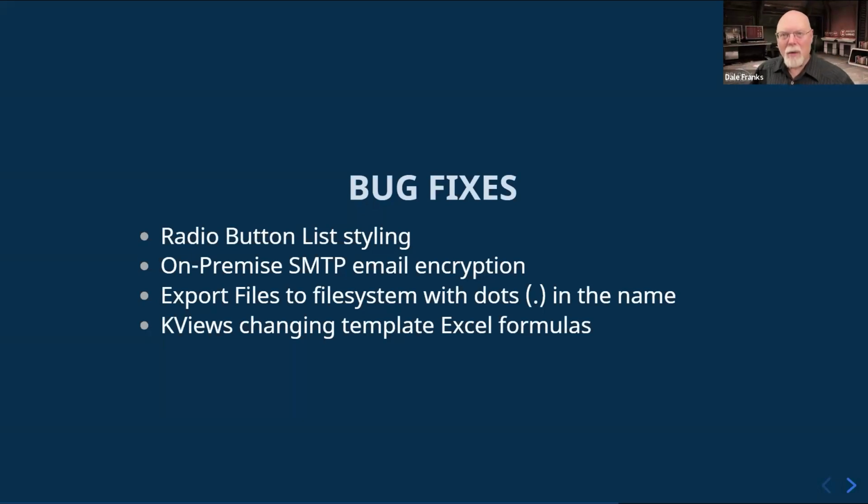However, your email server may not be set up that way. In this case, we had a customer whose email server was not set up to impose encryption. There's a checkbox in the SMTP environment to turn encryption on or off, and they had it turned off. It was causing a disconnect because on the Process Director side, we were trying to encrypt the email, and on the server side, they were saying, no, we can't accept this email because it's encrypted apparently. So we had to fix that.